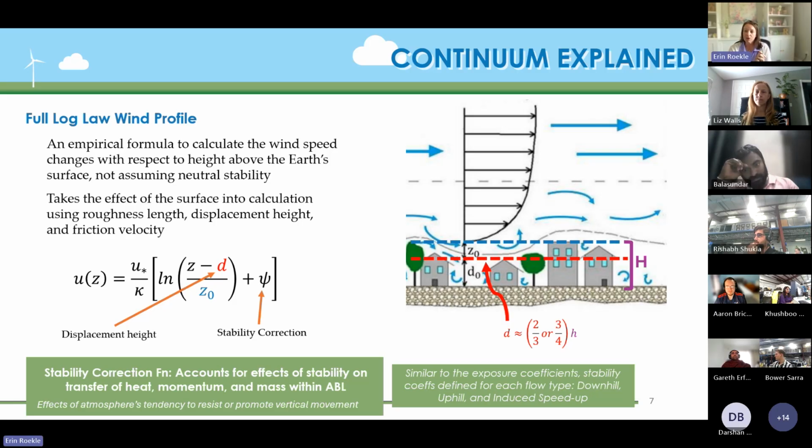This is a graphic that shows putting everything together. We have the height of our buildings. Remember, the height of the buildings is related to our displacement height. That displacement height is about 2/3 to 3/4 of the height of our buildings. And then we bump it up a little bit more for our roughness length. The roughness length is where our wind speed is going to be hitting 0, whereas the displacement height, that's our